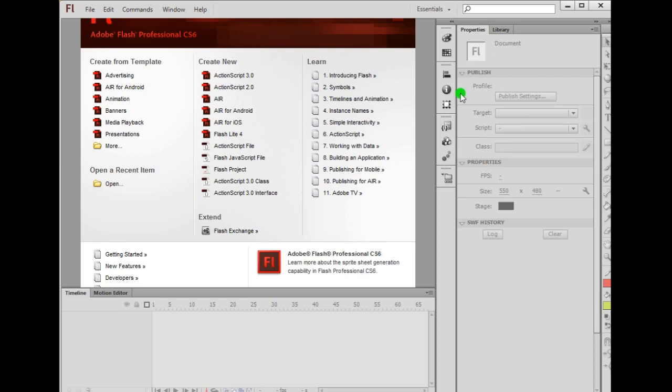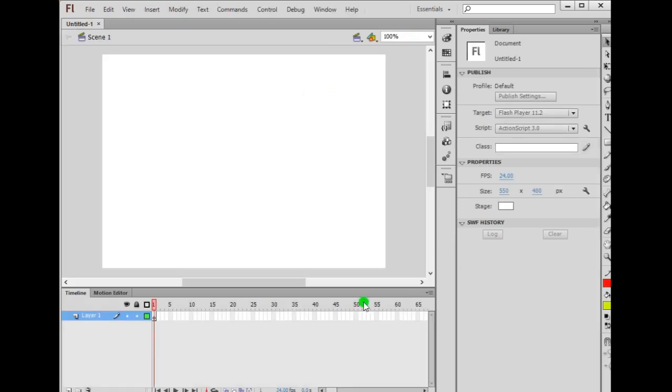Now see, this is the first interface of Adobe Flash, right? Then click on ActionScript 3.0. You will get the working area, right?